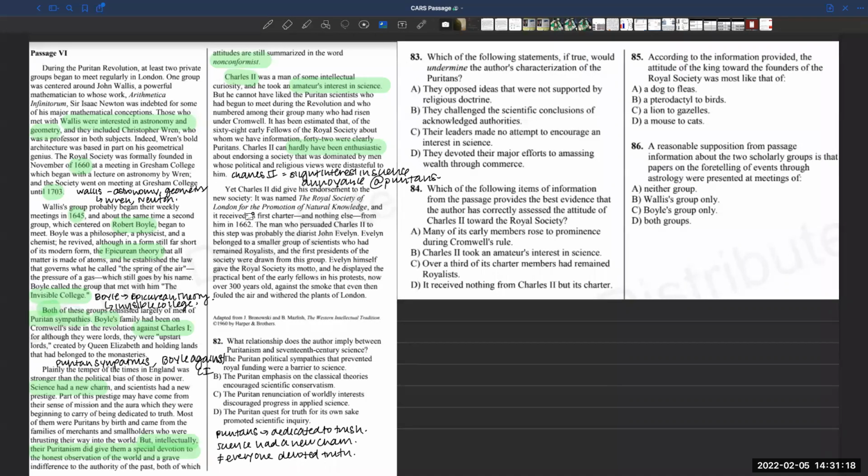Do you think Charles II, as powerful as he is, could have given much more than a charter? Probably. So what does this indicate to you? Does this indicate that we were right, that he was annoyed at them and that he was like, just take what you want to take and leave me alone type of thing? Yeah. So that's really what this is telling us here. And we would want to pick up the 1662. So let's kind of start highlighting that. So 1662, and then he did give his endorsement, but I would really put nothing else, something like that to